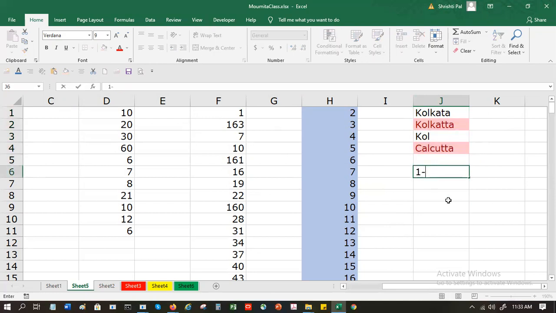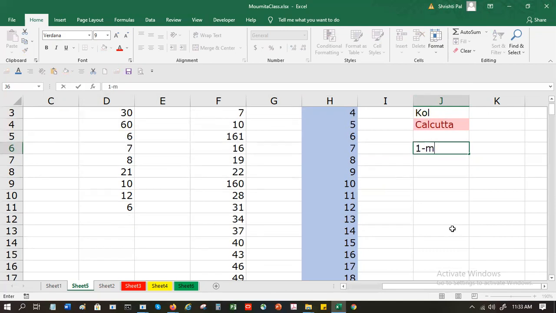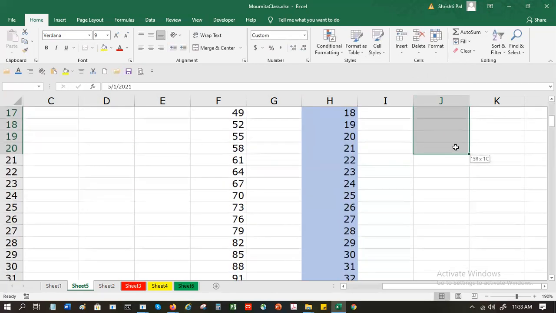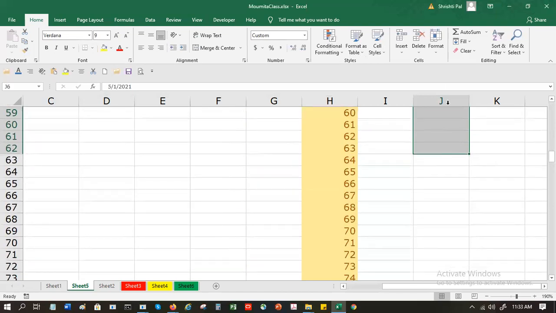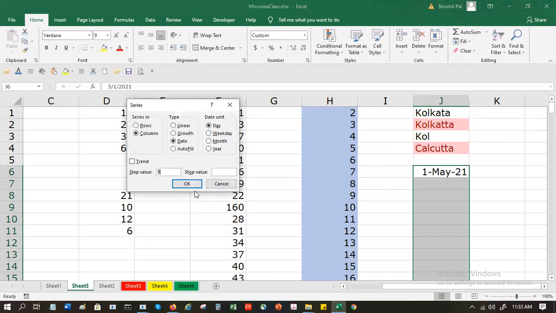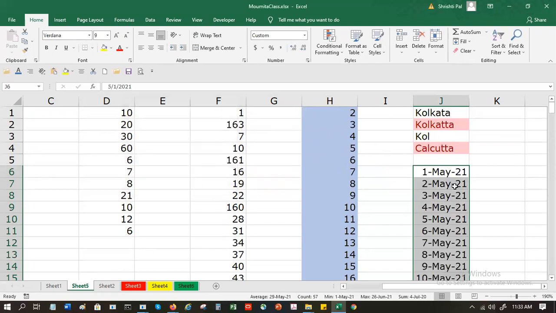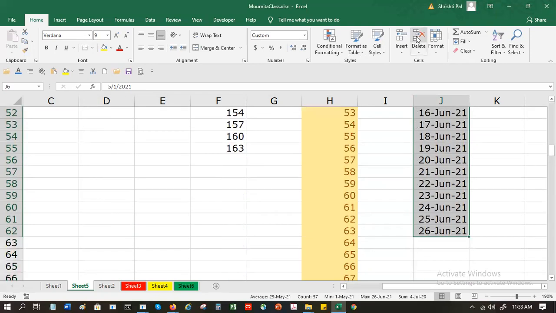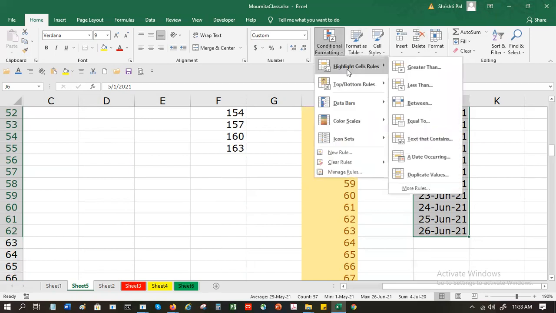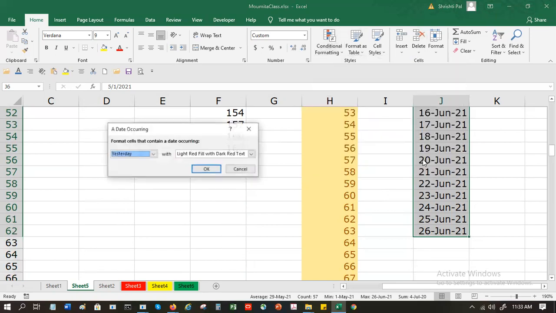Then we did this yesterday. Let's say May 2021, and I want to fill series, and I want the day. Now from these, I want to highlight dates occurring.